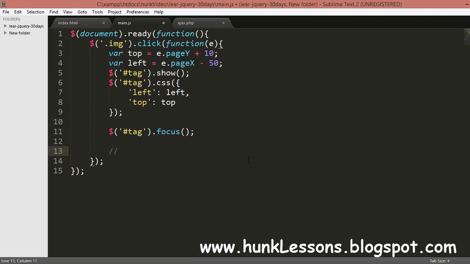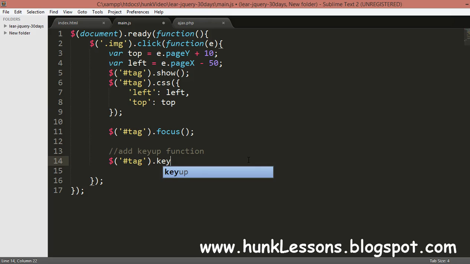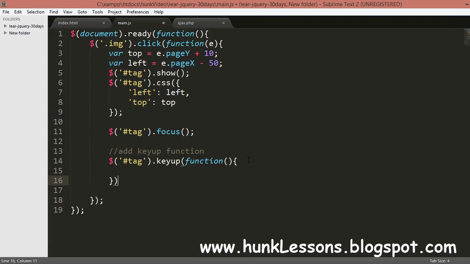I will write a comment: add keyup function. Whenever a key is pressed on the text field, we want to do something. Keyup, we will add an anonymous function inside, close that out, and add a semicolon here.